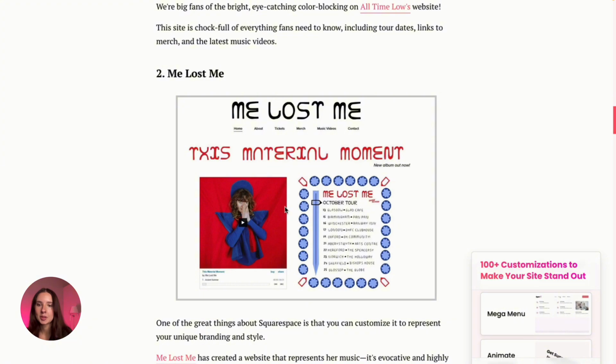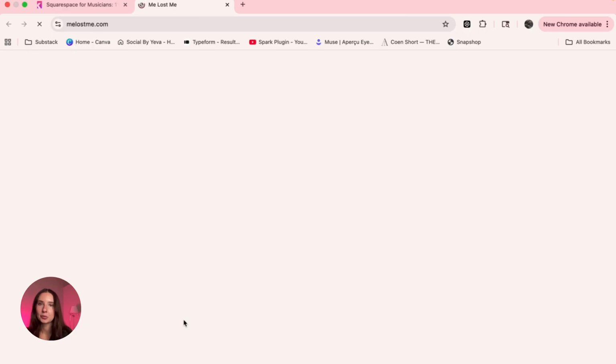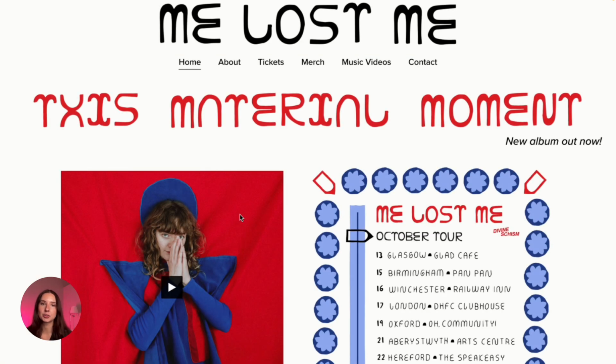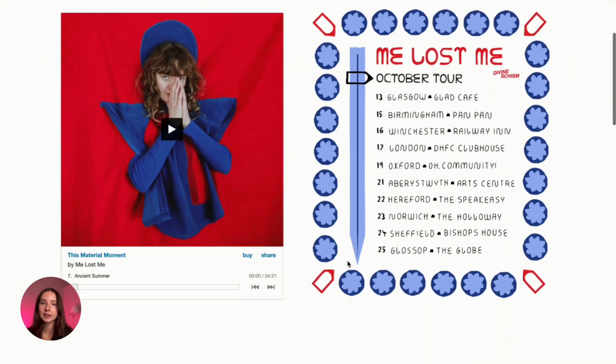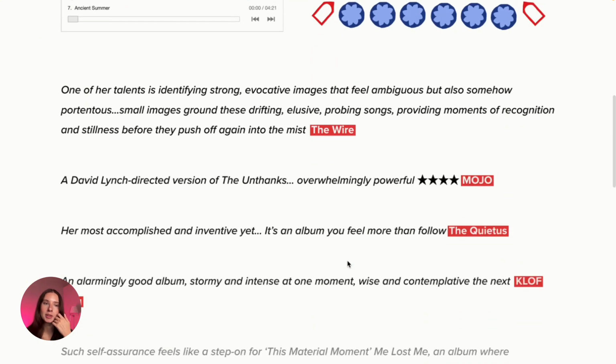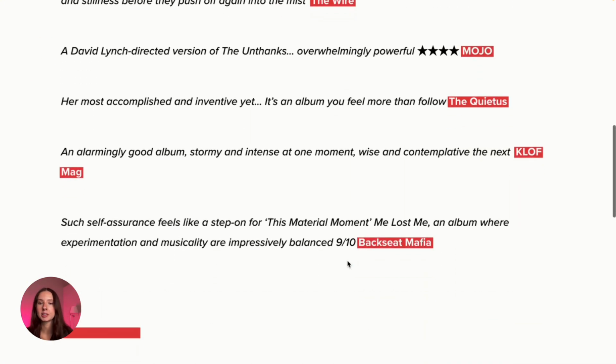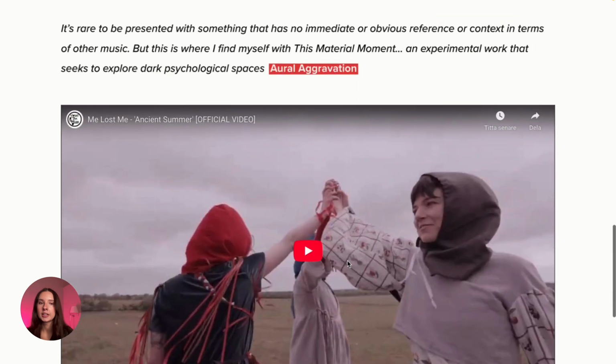Another one is Me Lost Me. And the cool thing about this one is, again, it's also bright, but I want to mention something. You can use Squarespace to basically customize your site however you want, and it makes it pretty easy. So you can make it any kind of branding you want. It doesn't have to be like this, but this is just another really good inspo of a very simple website